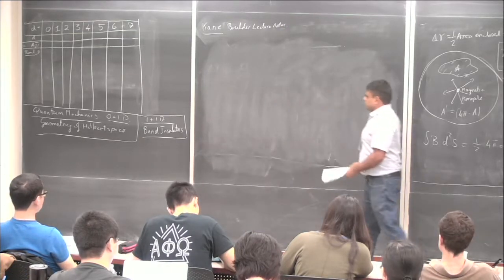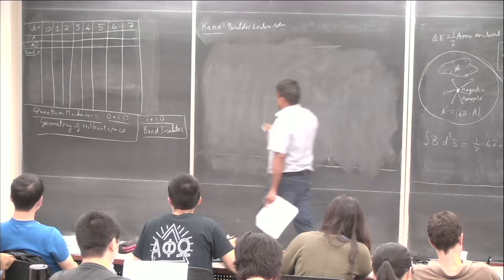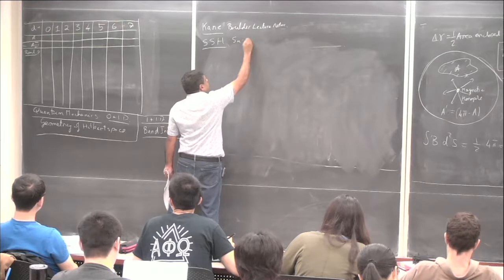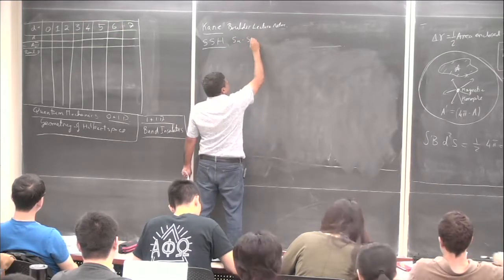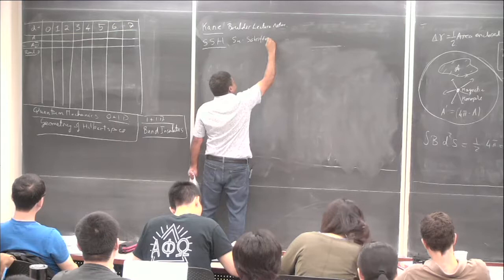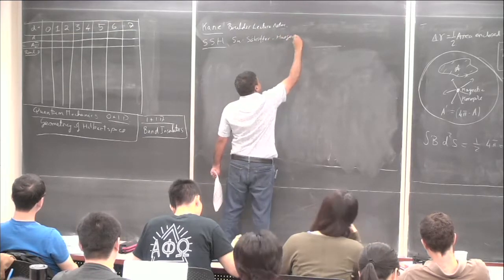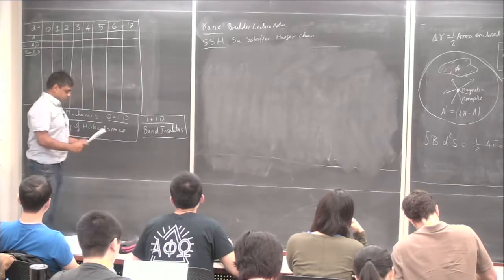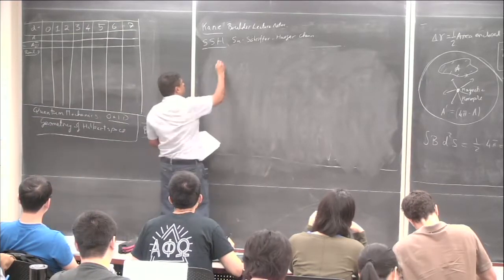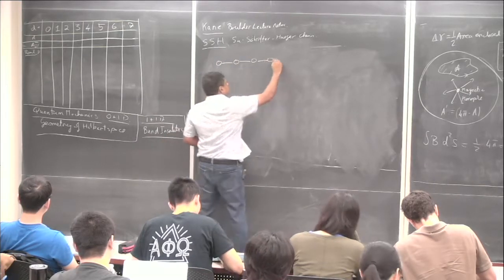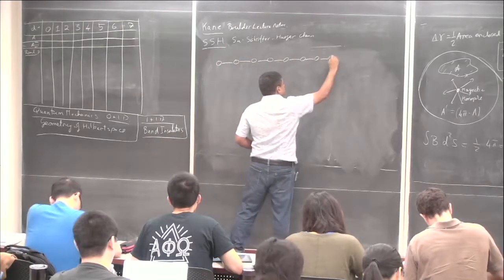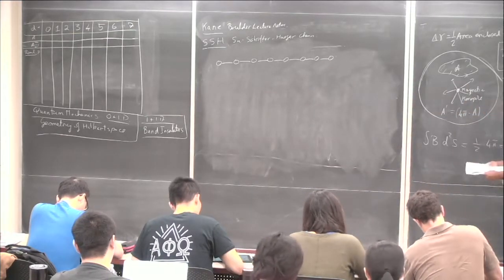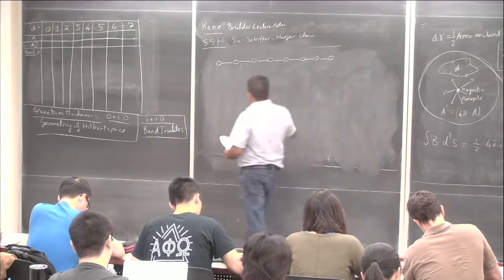Okay, so we're going to talk about 1 + 1 dimension, and we'll talk about something known as the SSH chain, Su-Schrieffer-Heeger. Pretty sure some of the spellings are wrong. But okay, so we have a chain with 2 sites. It was originally cooked up to describe a material called polyacetylene. But we won't need that, so we'll just talk about this model which has 2 sites.